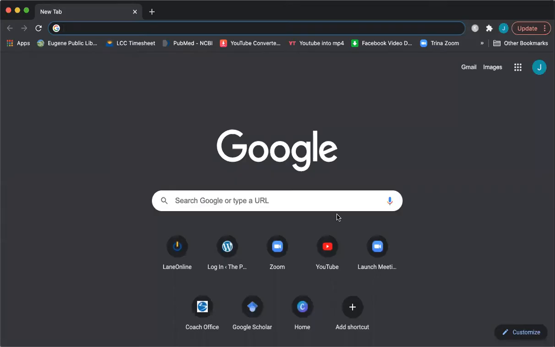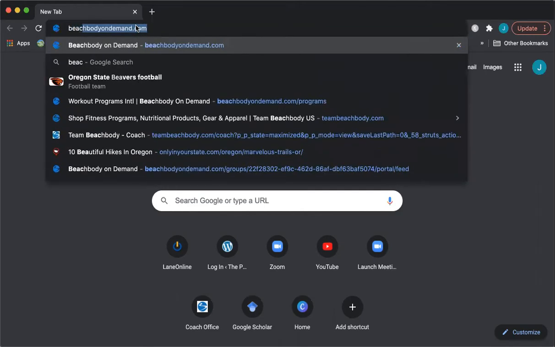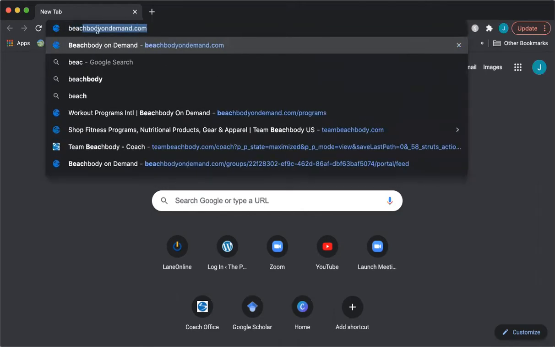So today I want to show you a little bit about the fitness app that you have access to. It's like a Netflix for fitness. It's called Beachbody On Demand, and we often abbreviate that to say BOD for Beachbody On Demand. But here, what we're going to do is actually get in here and go to the website